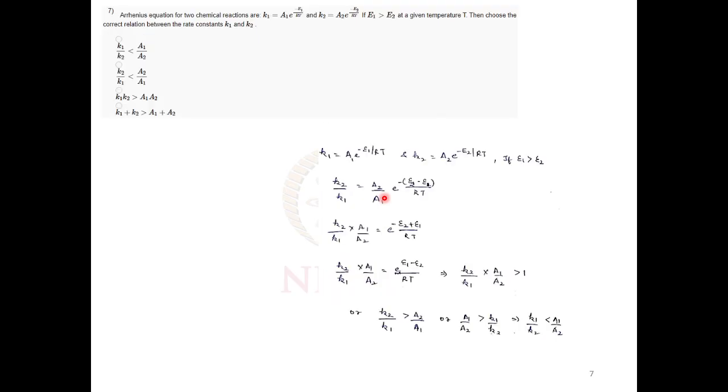Now coming to here, this Arrhenius equation. So the Arrhenius equation is k equals A e to the power minus Ea by RT, right? So they have given these two rate constants at a given temperature. Then choose the correct relation between the rate constants. So k1 by k2 less than a1 by a2, k2 by k1 less than a2 by a1, k1 k2 greater than a1 a2, k1 plus k2 greater than a1 plus a2. So